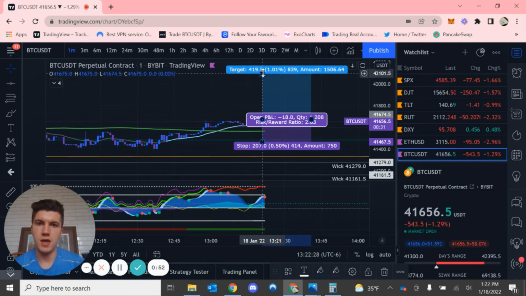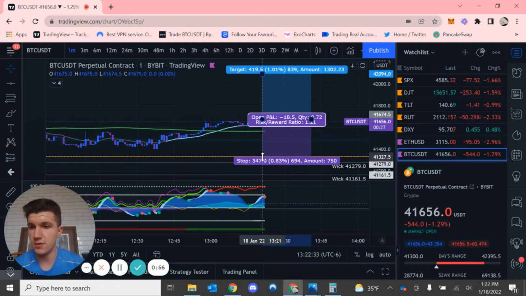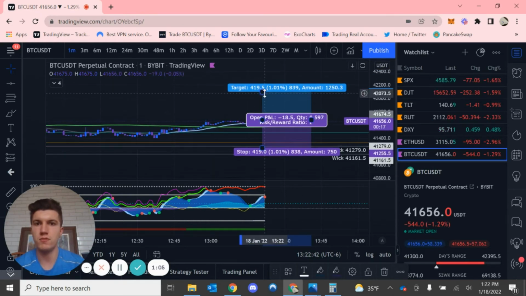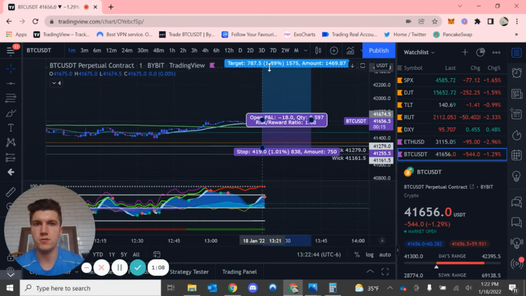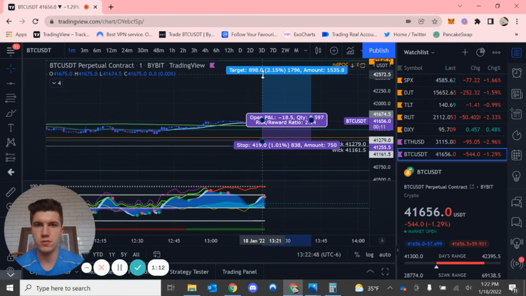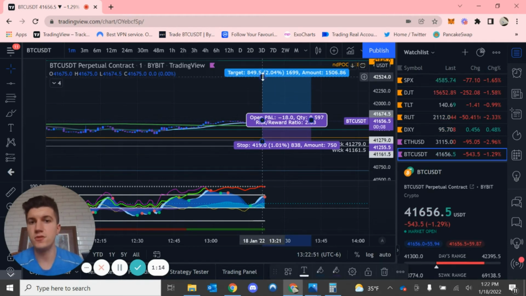Let's say I am willing to risk 1%, and I'm still at a 33% win rate. So I'll move my stop loss down 1%. So much I'm willing to risk. But I want my win rate, my target, to be 2%. So I'll move my target up to 2%. Usually with targets too, I recommend targeting a local resistance to make the trade a more profitable and